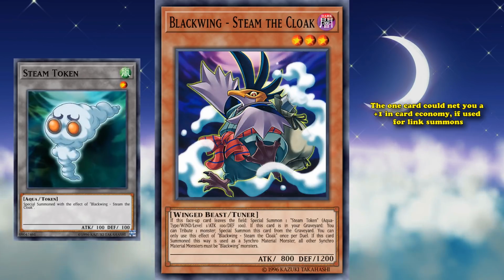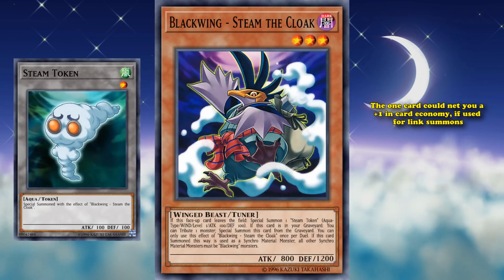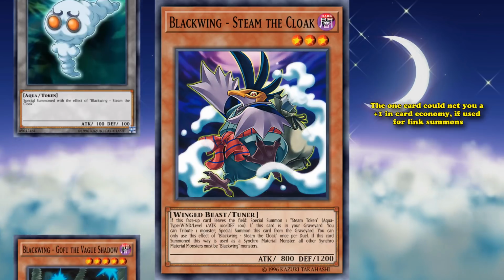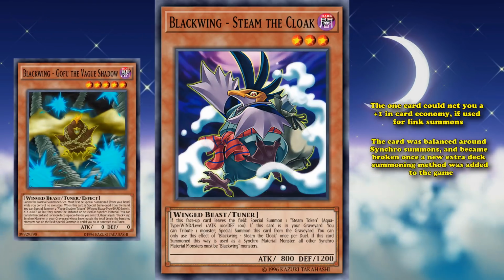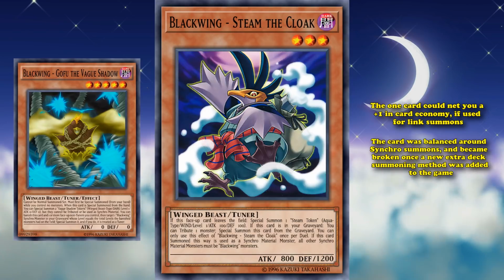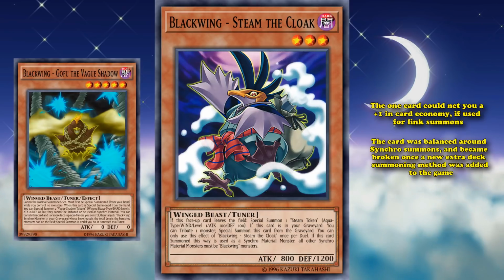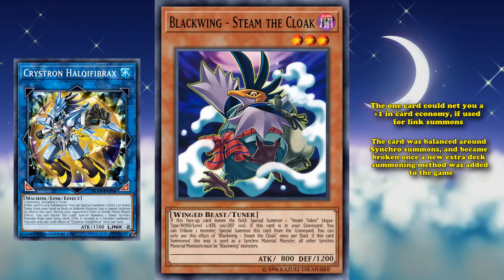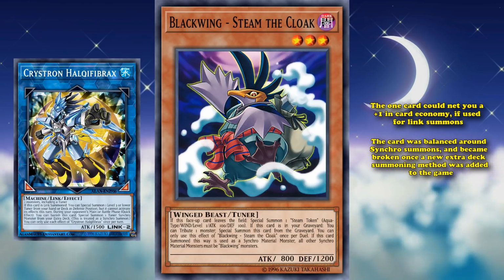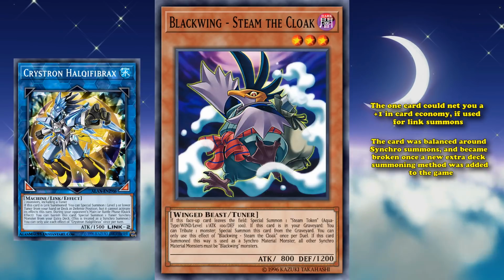The card was obviously balanced around synchros, which is why it existed in the game for so long without too much issue, kind of in the same way as Blackwing Gofu the Vague Shadow. The card was obviously balanced around synchro summons and became broken once a new extra deck summoning method was added to the game. Although Steam the Cloak wasn't as strong as Gofu, not until Halqifibrax came in and allowed you to open up its original, only a +1 in card advantage, into way more